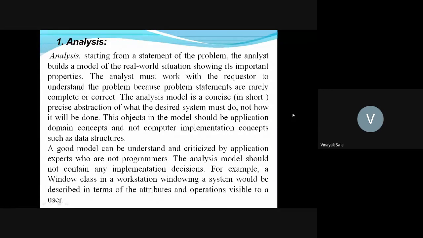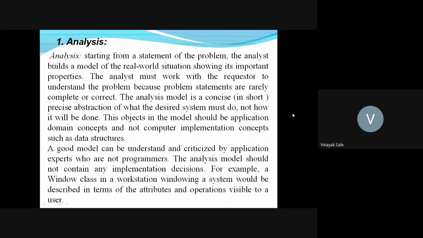The analysis model is, in short, a precise abstraction of what the desired system must do, not how it will be done. The objects in the model should be application domain concepts and not computer implementation concepts such as data structures.